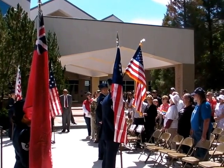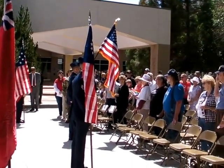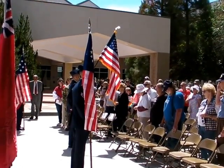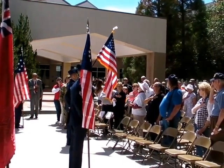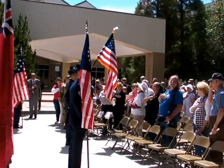While thinking about God and country, let us close this ceremony with the respect due to our flag. Please recite with me the Pledge of Allegiance to the flag of the United States of America. I pledge allegiance to the flag of the United States of America and to the republic for which it stands,